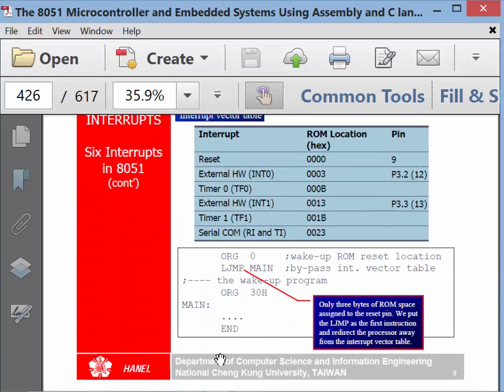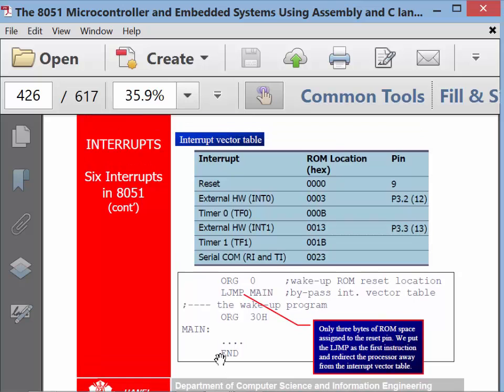So this is kind of a short version of the interrupt vector table. I'll look at the more involved one right there. And as we look here, reset is at ROM location 0000. This is all in the code memory. So when we program this 8051 and we download into its flash ROM, as you did in the lab, what it does is it puts in